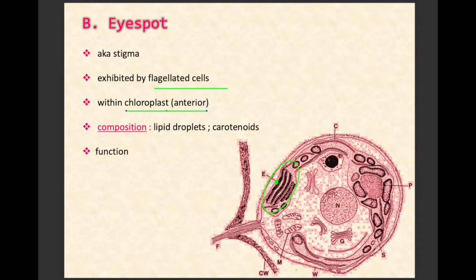In terms of composition, we have lipid droplets, certain pigments, plus your photoreceptors. The purpose of your lipid droplets is usually to capture light and bounce it off towards the photoreceptor. And your photoreceptor, if you remember earlier, is usually composed of